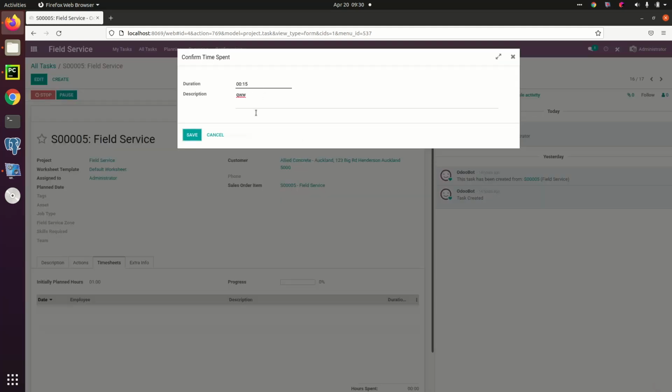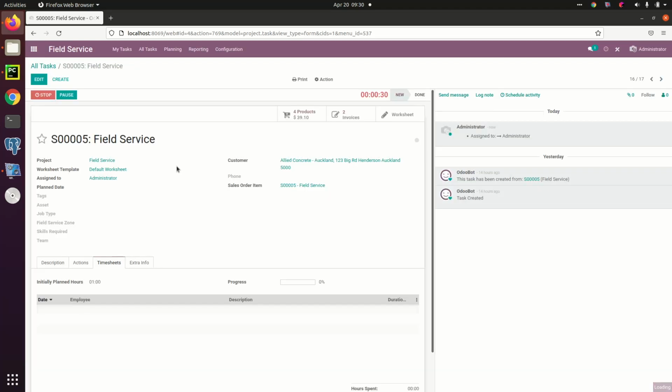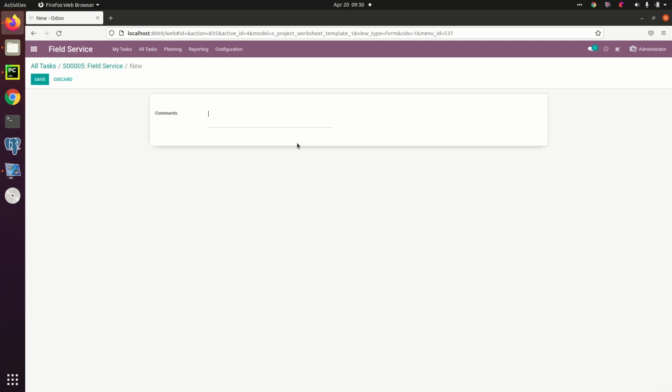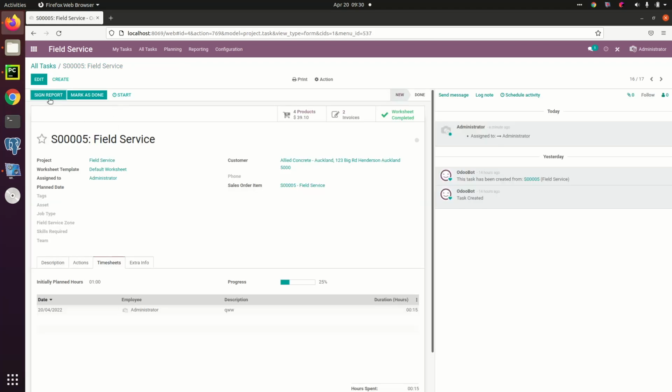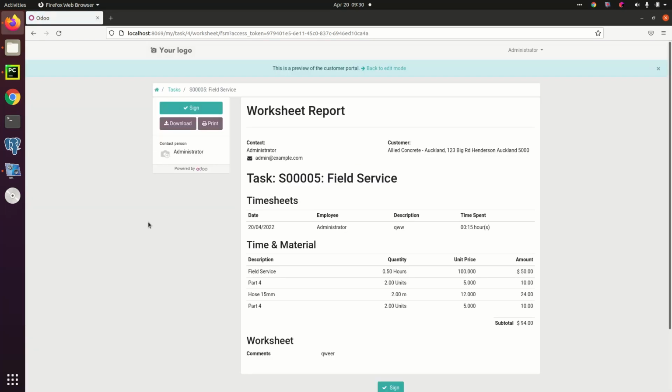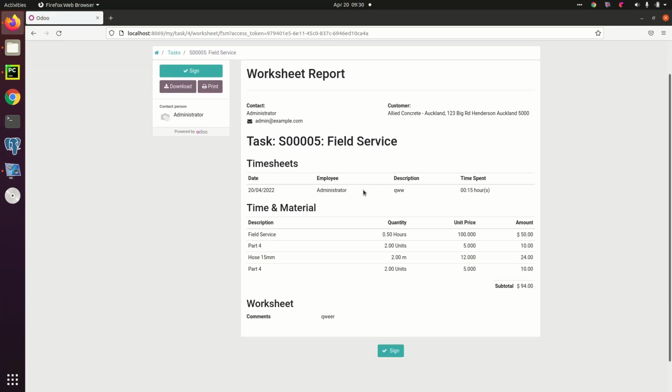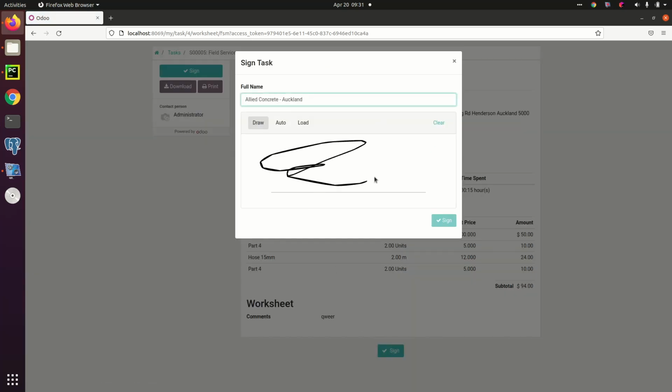I can do some description of my activity, save that. You can see there's a worksheet potentially that is related to this. There's nothing obviously set up at this stage. And then also against this, I can do a report for the customer. So just click on here, and here's the report. This is just the bulk standard one. With comments down here, I can click to sign it, draw my signature in, sign it,